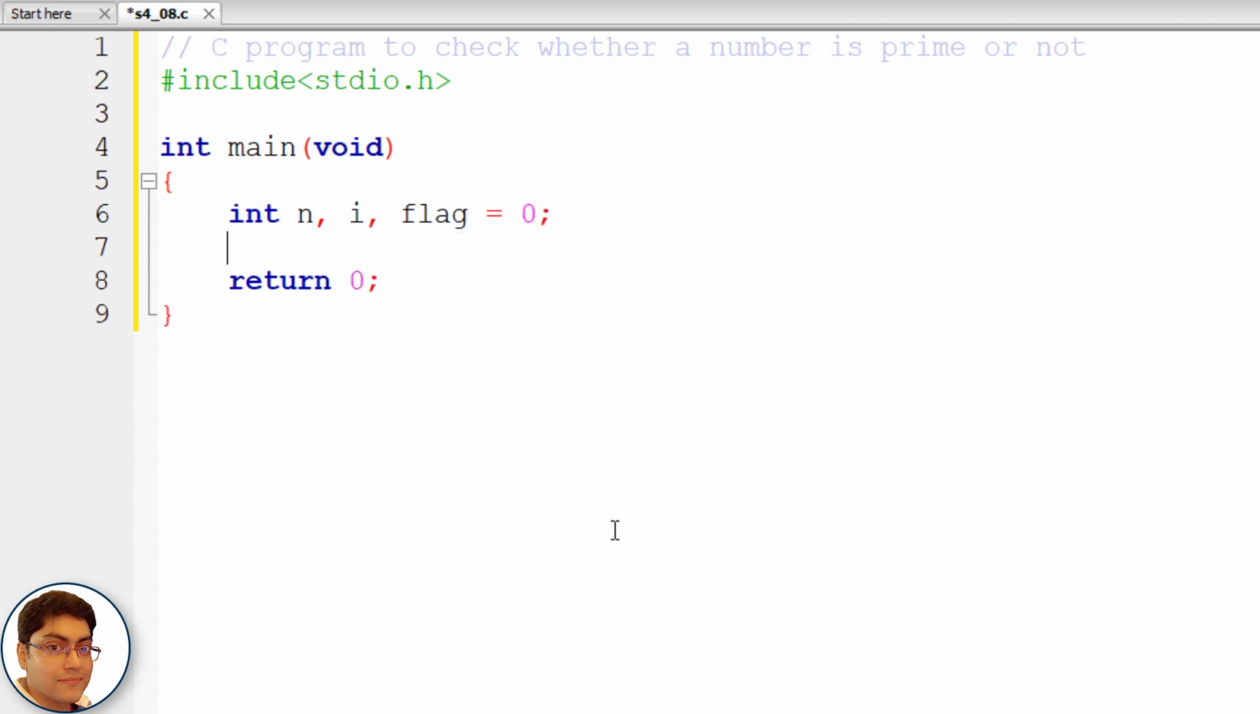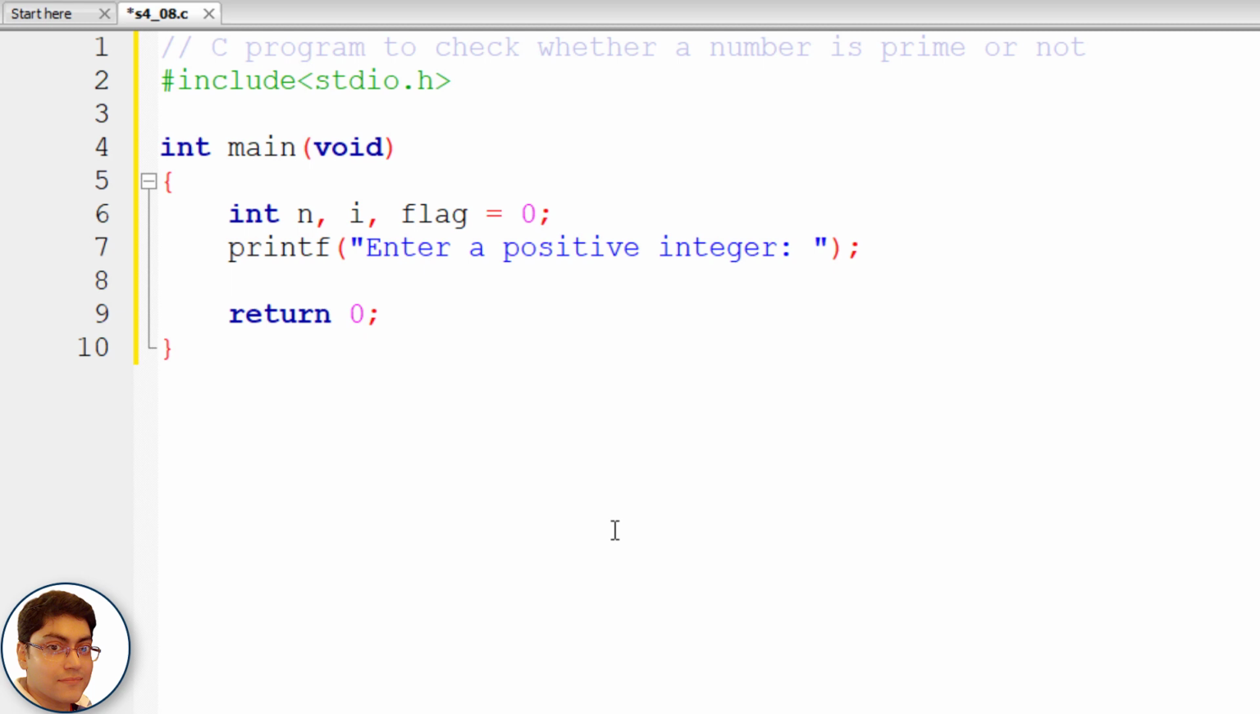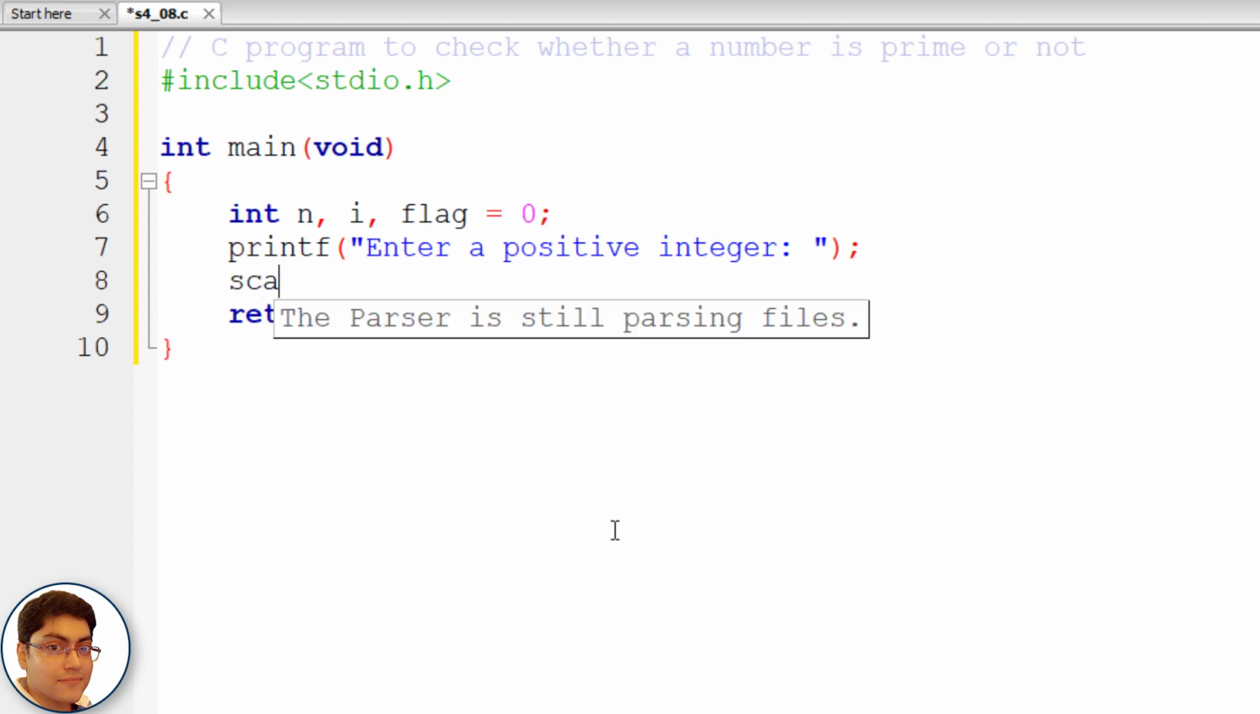Ask the user to type a number. printf("Enter a positive integer"); Store the user input in n. scanf("%d", &n);